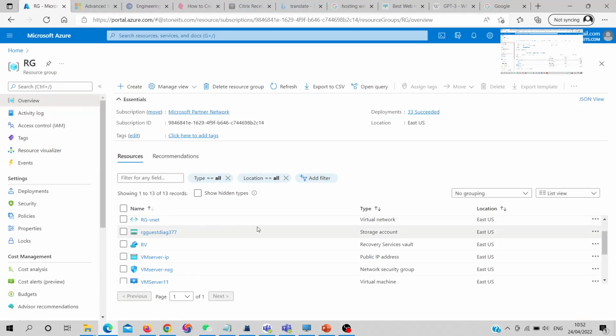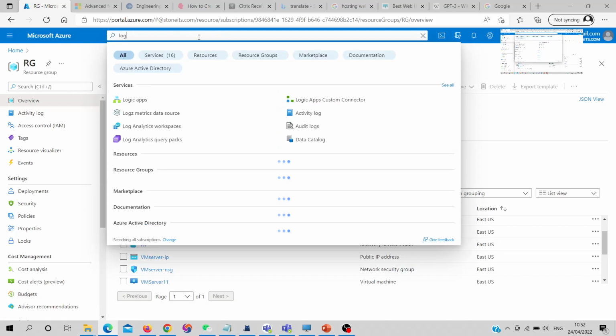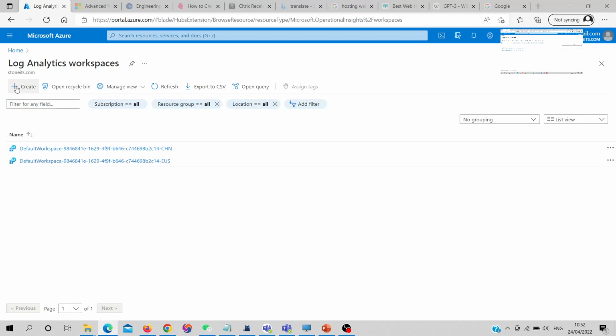So this is my resource group which I already have created, and previously I explained how to deploy a resource group, virtual network, and also the virtual machine. So I will use this in this tutorial. First we will create a Log Analytics workspace. Search for Log Analytics workspace and click on the create button